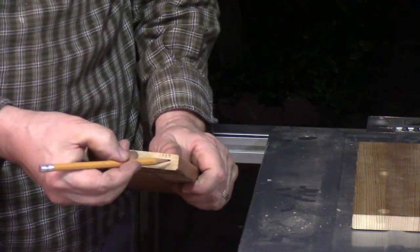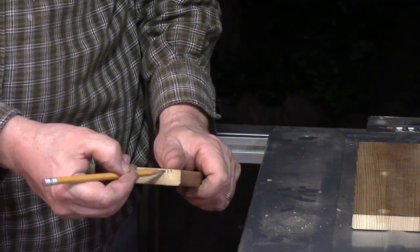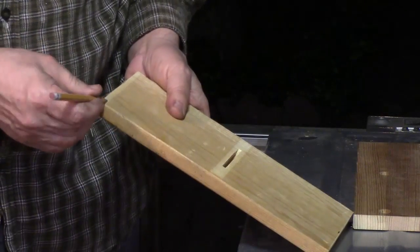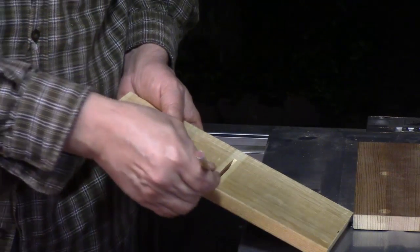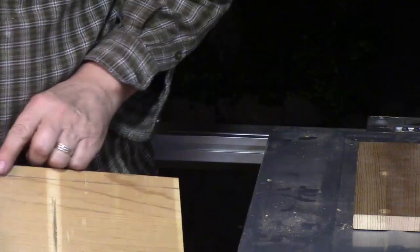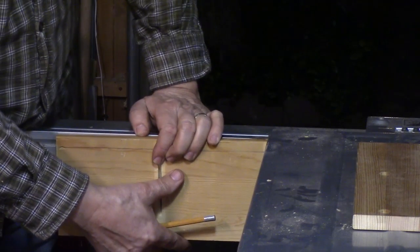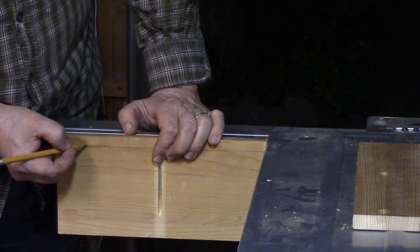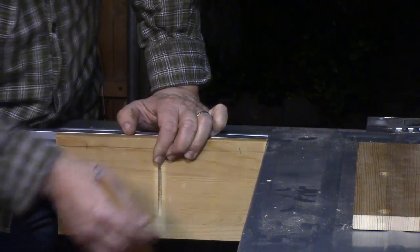So I made 3 little marks. This is the center. And this is the top and bottom of that T-bolt slot. And I will measure and then make a mark from one end to the other, and that's where I can drill my holes. And it doesn't really matter very much where I put them because they're going to slide back and forth anyway. So if I want to put one there and I want to put one here, then all I need to